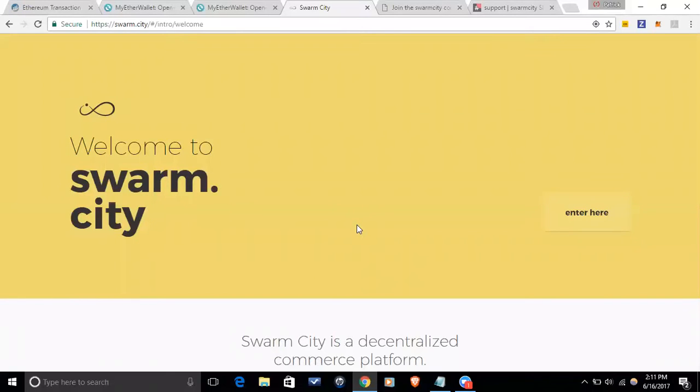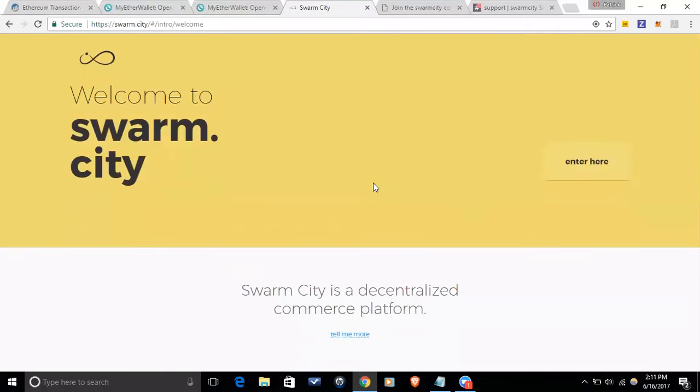All right, so this is going to be a walkthrough video of how to get started with the hashtag Pioneer on Swarm City's Boardwalk release. So the first thing you're going to want to do is go to swarm.city, and I actually would recommend before